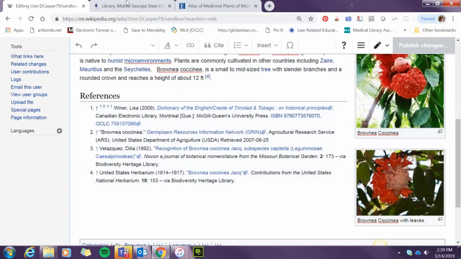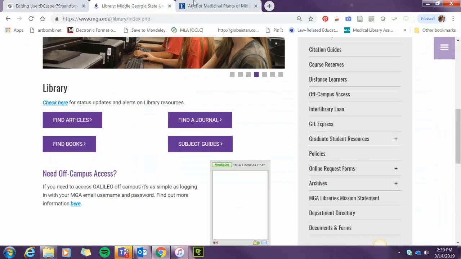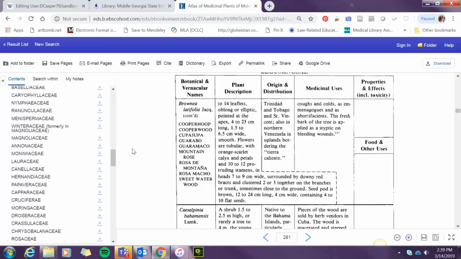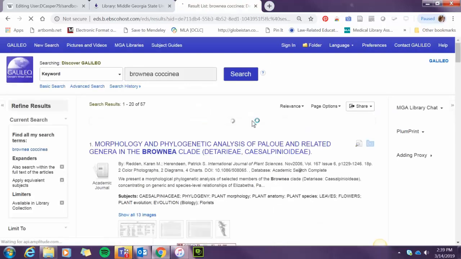So now if you want to add an article citation, so let's say I found some information about the plant and I'm going to add this description in, which I haven't typed out yet. I can get the information about it.